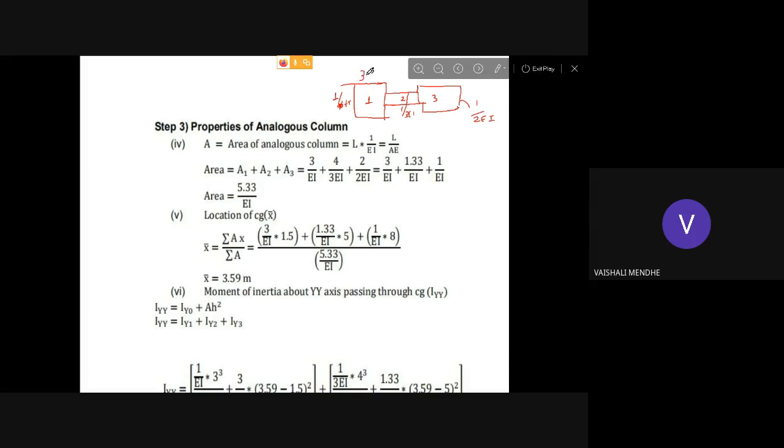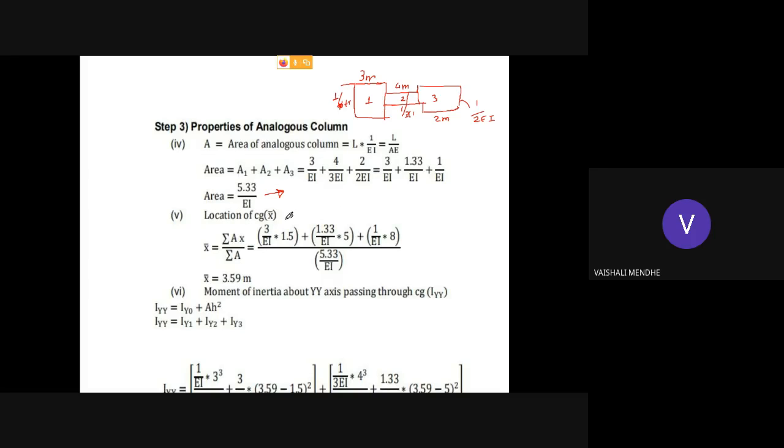This length is 3 meter, this is 4 meter, and this is 2 meter. Okay, so now you will be able to find out. So this is first area A1 3 by EI plus 4 by 3 EI plus 2 by 2 EI. So this will be equal to area will become